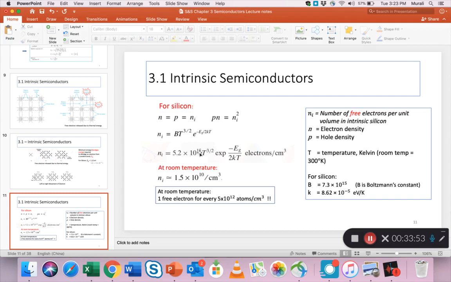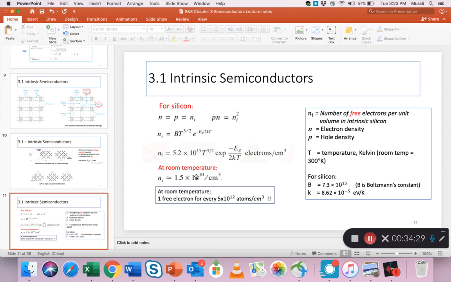So Ni, actually, if you put all these values in, the equation looks like this. And if you plug in T and a value of Eg, you actually get this. At room temperature, Ni is approximately equal to 1.5 × 10^10 free electrons per centimeter cube of pure silicon. Now you may think, whoa, this is a big number, right? But actually this is very, very small